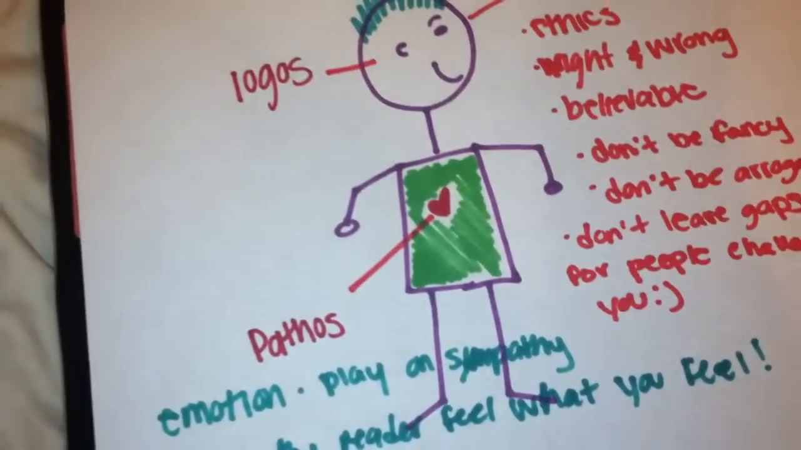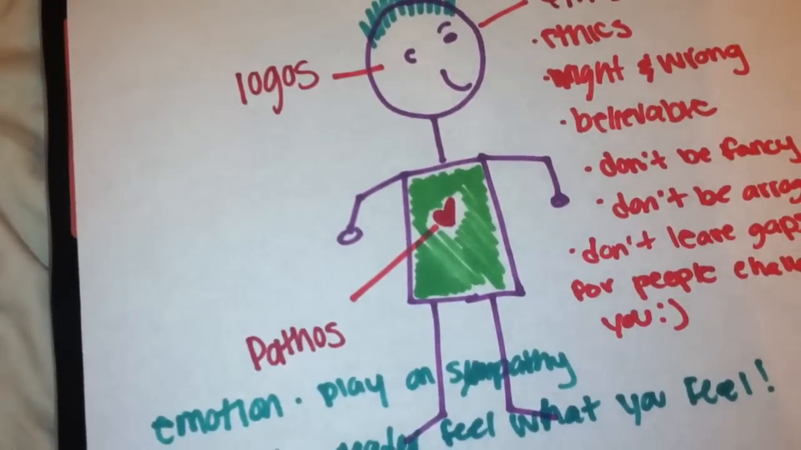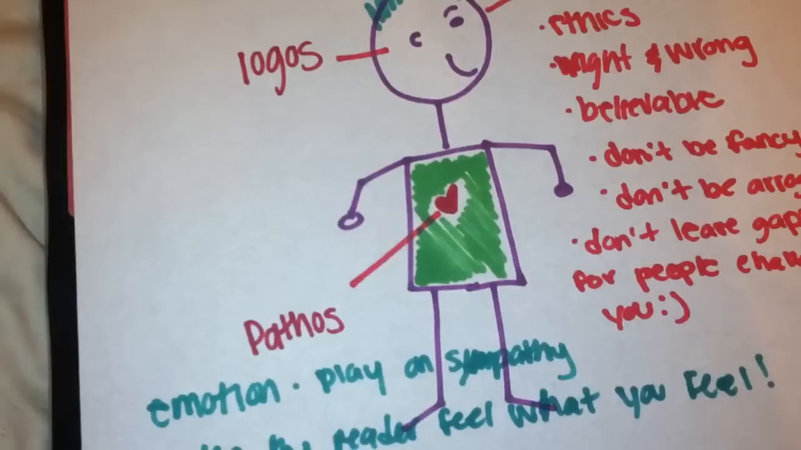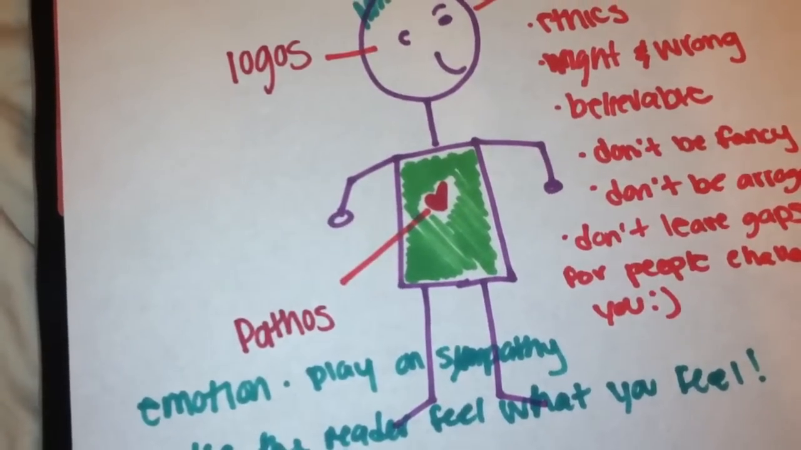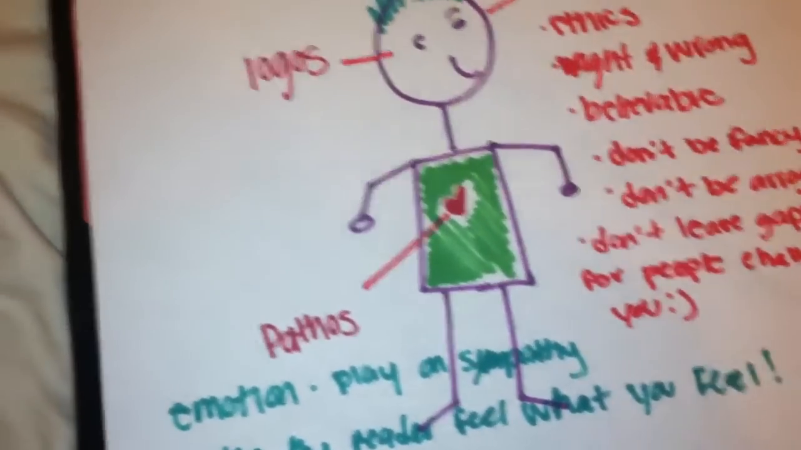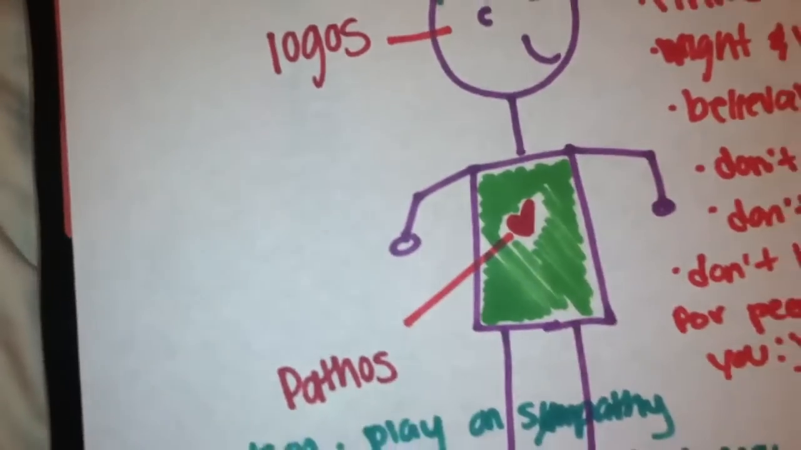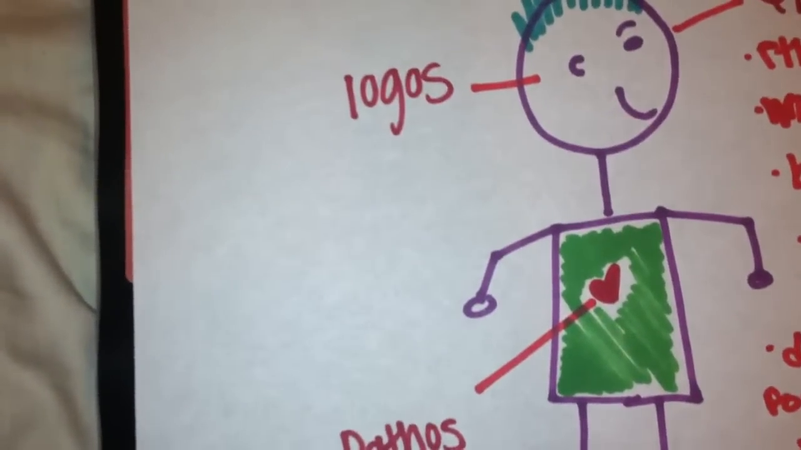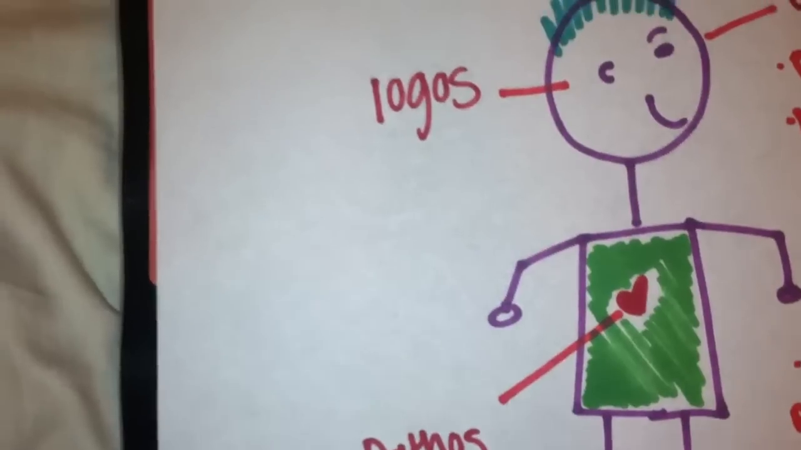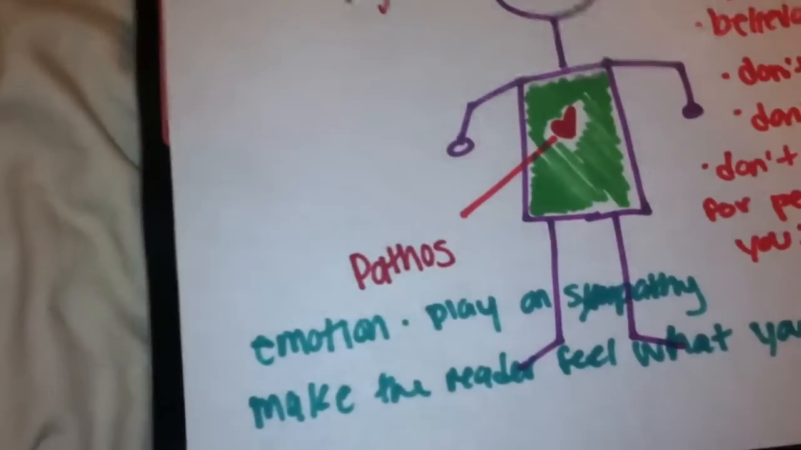Because have you ever felt like crying during commercials of hungry children or orphaned animals and you feel so sad about this? That right there is pathos. It's basically persuading someone with their emotions, which sort of seems bad, but it works. And for pathos, you want